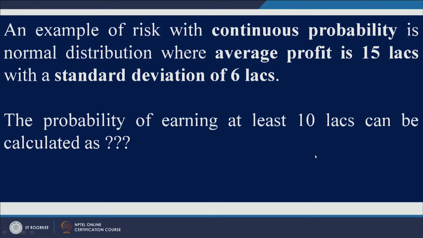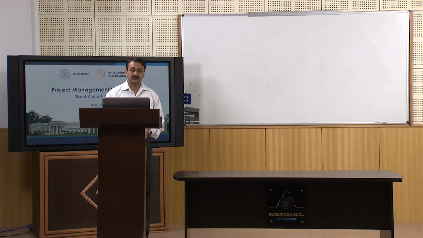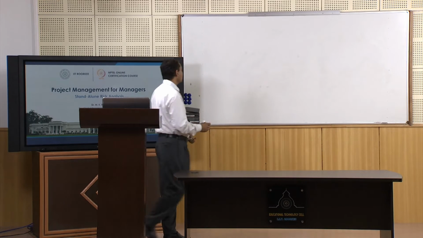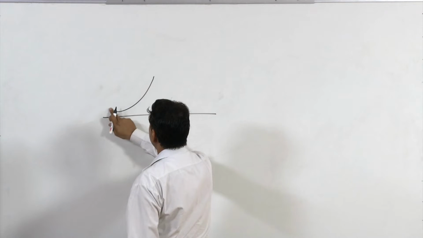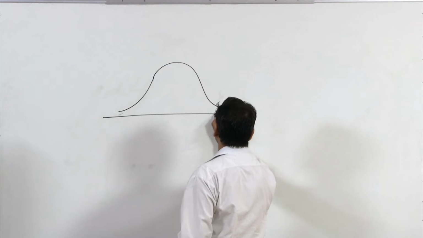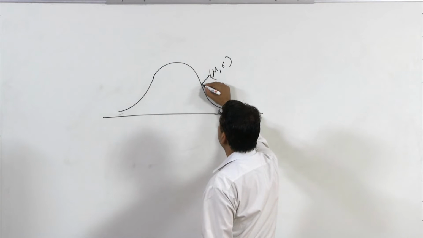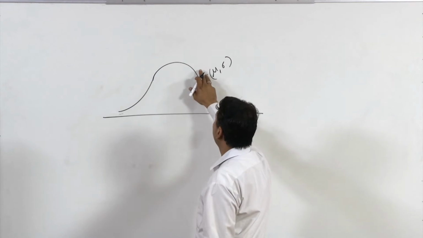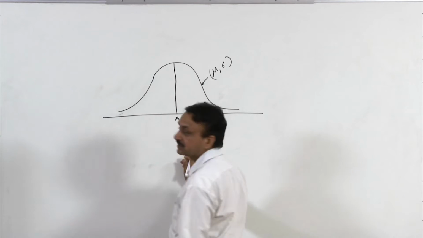Now let us take an example of risk with continuous probability, and a continuous probability distribution like normal distribution. Generally we represent normal distribution through mean and standard deviation. So this is mean and standard deviation, right. This is how we represent our normal distribution. So mean is this, right. This is your mean, and you will have different